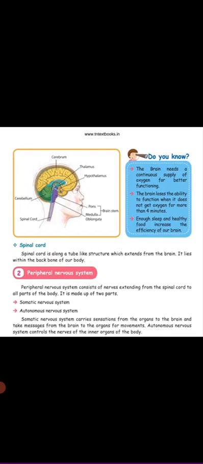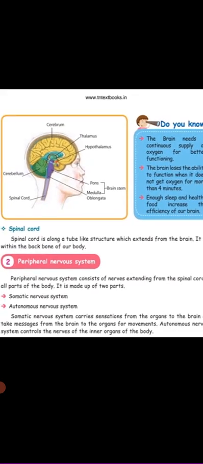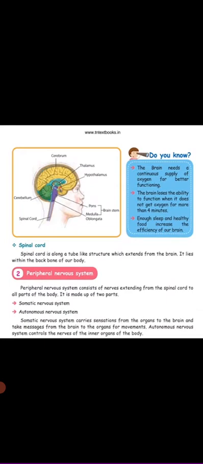Here there are two parts, the somatic nervous system and the autonomic nervous system. In the somatic nervous system, if somebody pinches us, at once we shout, yes or no? In the autonomic nervous system, sometimes we take time and then start to shout. Yes or no? Yes. So these are the two nervous systems, somatic and autonomic.